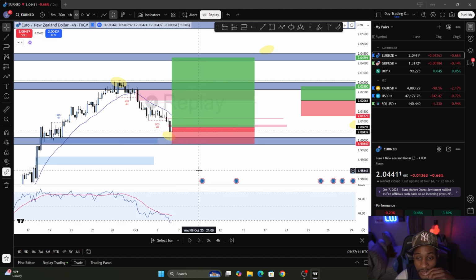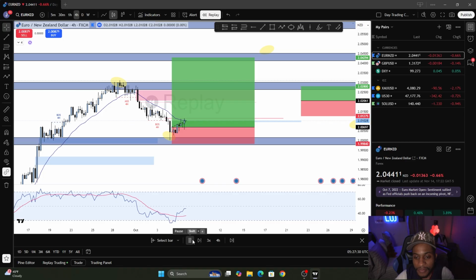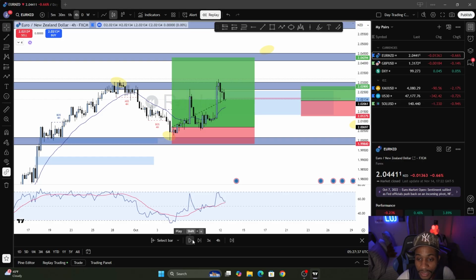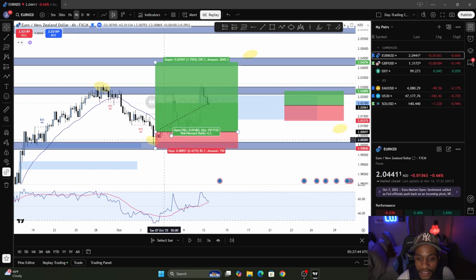And another confluence is that this candle right here left a wick at this level. So it shows me that sellers couldn't push price any lower. So that gave me enough confluence to enter for the buy, and we let it play out. And you guys see that we actually went crazy with this trade. This was a trade that I took in real time, but I thought structure was going to